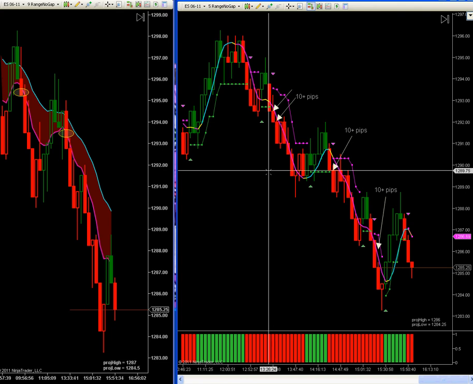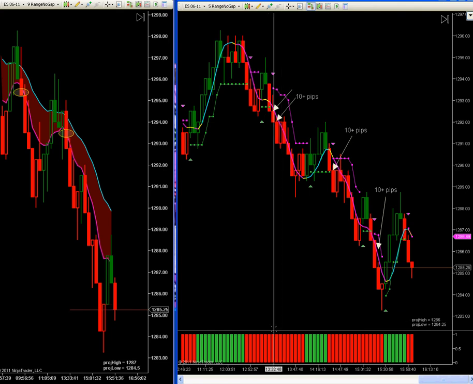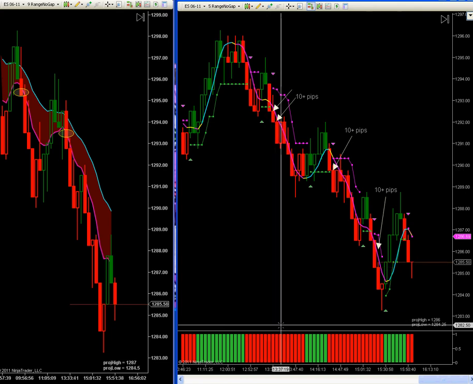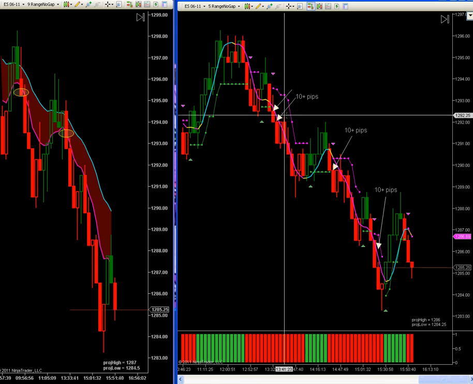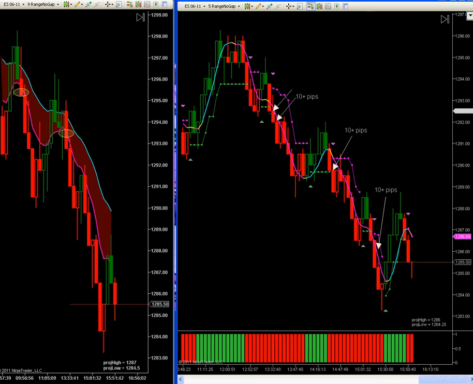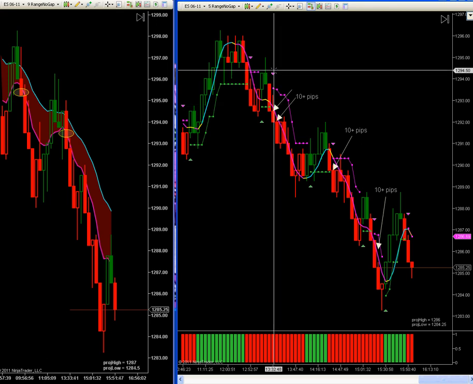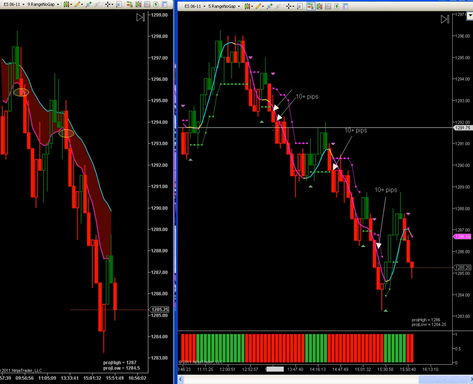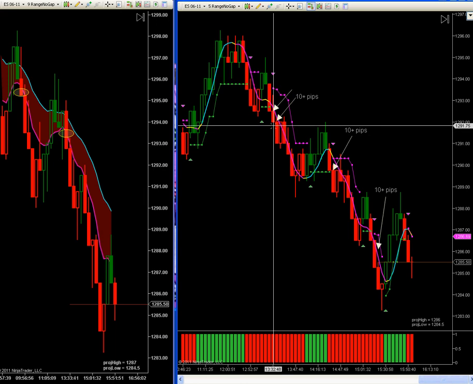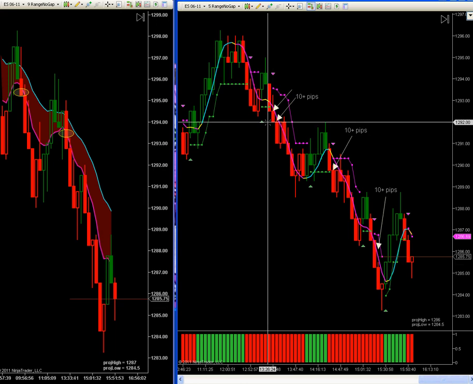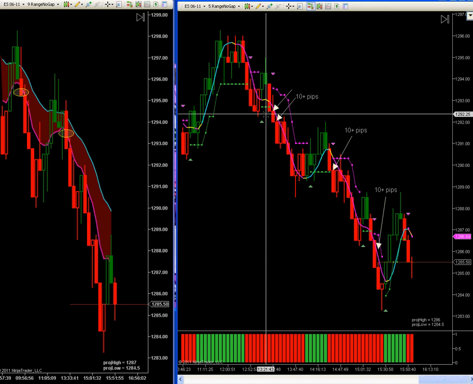We have the magenta slope hooking down. We have momentum down here from green to red actually for some time. For aggressive traders, they may choose to enter around this. That is, as soon as we have the down triangle printing, they may choose to enter, mainly because the previous